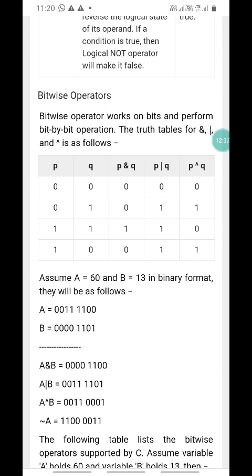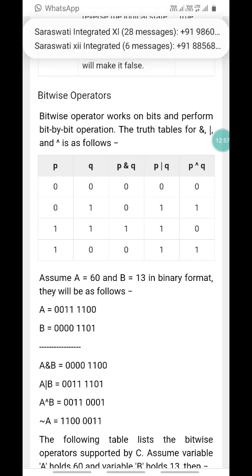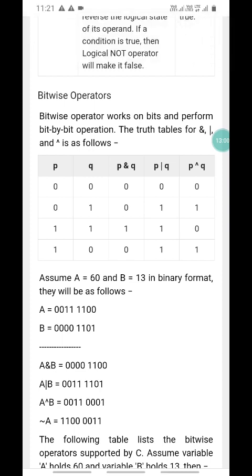It is already as it is, because the values of p and q, because of the digital logic, remain the same. The values of p and q remain constant. So p consists of 0 0 1 1 and q consists of 0 1 0 1. Then the first operator, that is the bitwise AND operator, on p and q.